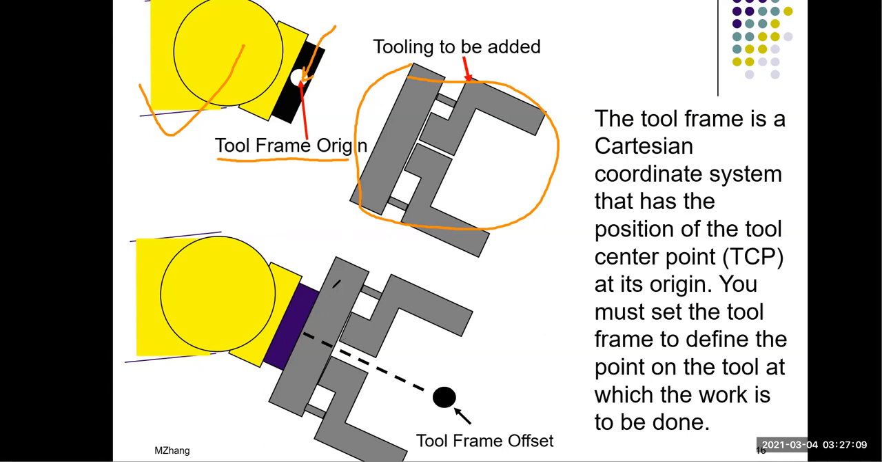Because once you attach the tooling successfully to the robot arm, over here is where the work is supposed to be done, right? The center point of your finger, the robot finger, is where you try to grab the part, and that's where the real job is being performed. And you want to move the default into this real position. So as you can see here,